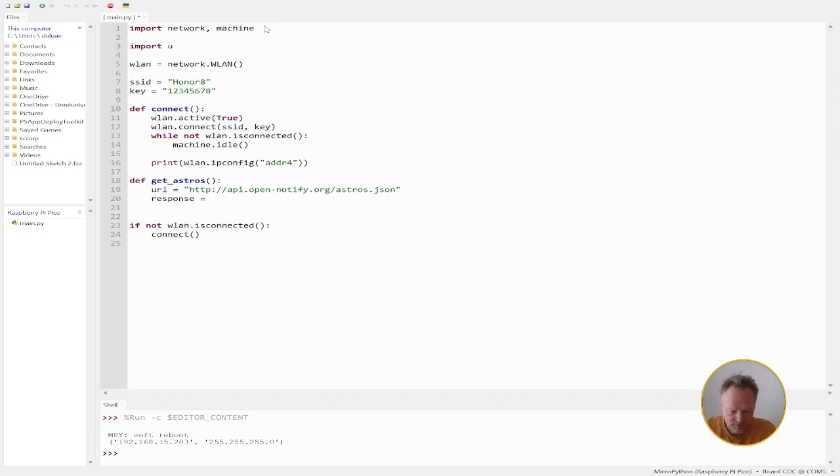Import urequests. And use this get, and this URL. And now the JSON data is located here in this response. And it's quite simple to use this JSON data. I just have to call it data and then I can use it like this, print